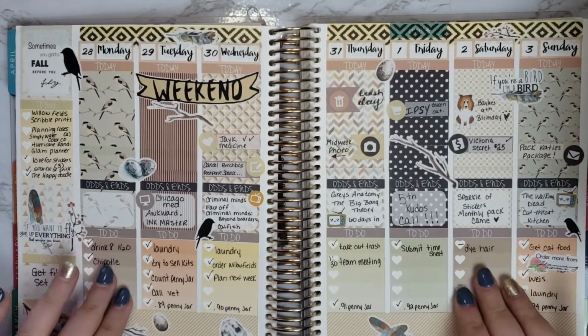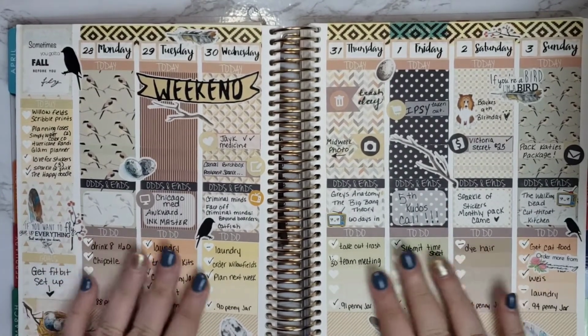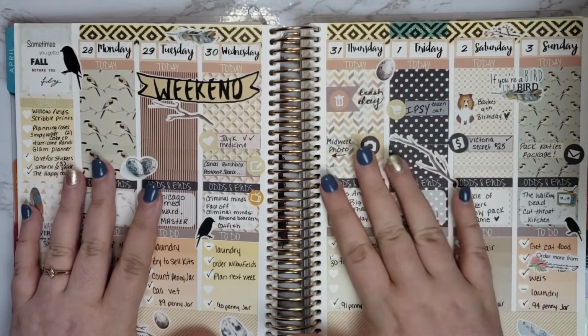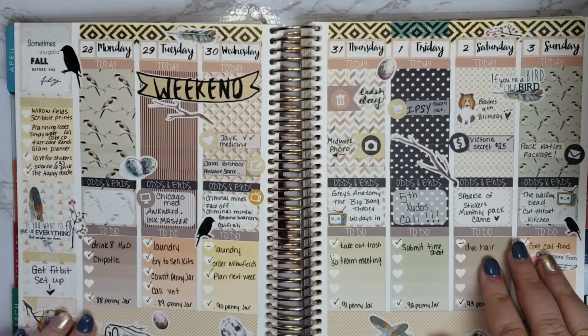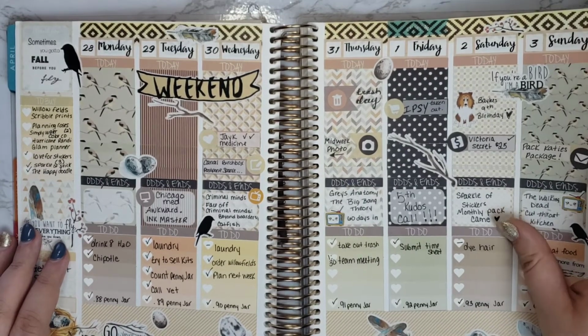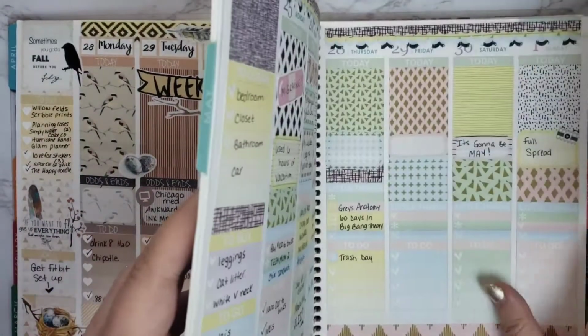But I did like this spread. The checklists were from a different shop, because I don't think her kit came with them at that time, but that is okay. But this was one of my favorite ones. The next one is May